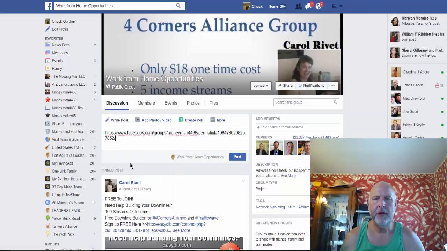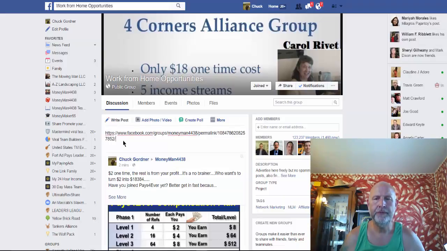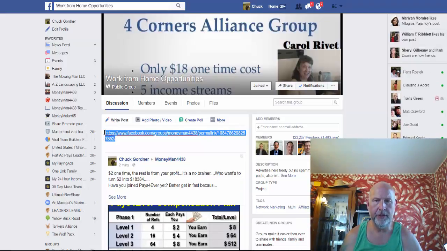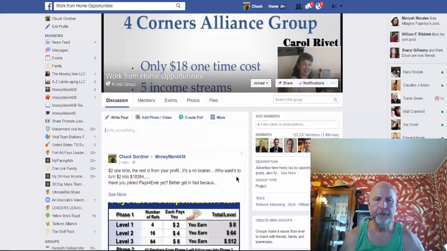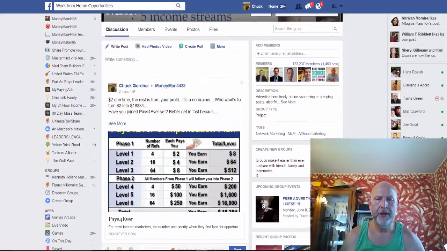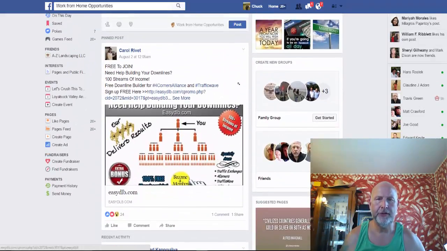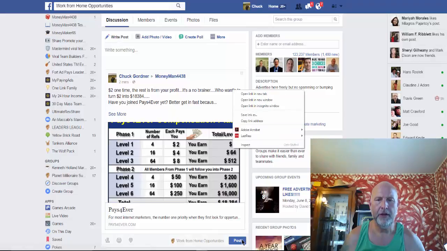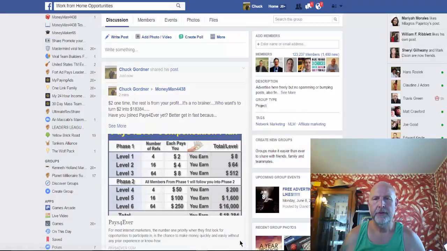Click paste. I'm going to wait for that permalink to do its job. Now we have my post. I'm going to highlight that link to the permalink and delete it. I'm going to come down, and my mouse sticks sometimes, and I'm going to post it. That whole thing took me about 5 seconds to get it into this group of